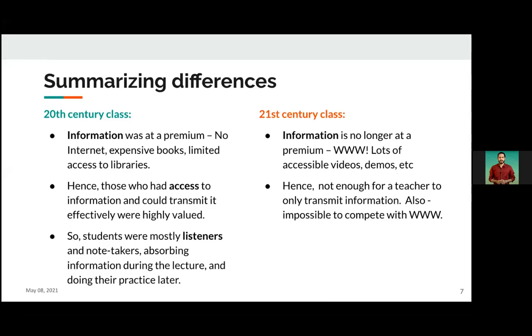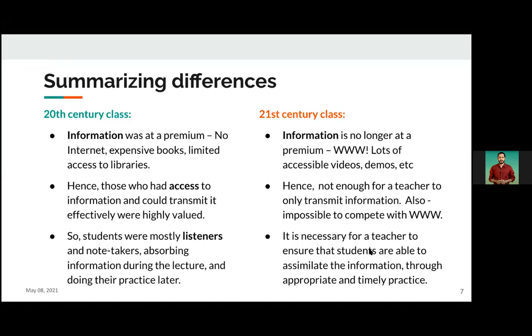And also, like some of you have said, it's really impossible to compete with the internet, correct? And it has become necessary for the teacher to ensure that students are able to assimilate the information, maybe through appropriate and timely practices and instructional strategies. Right? So overall, all of us are in agreement that there are a lot of differences in these two approaches.